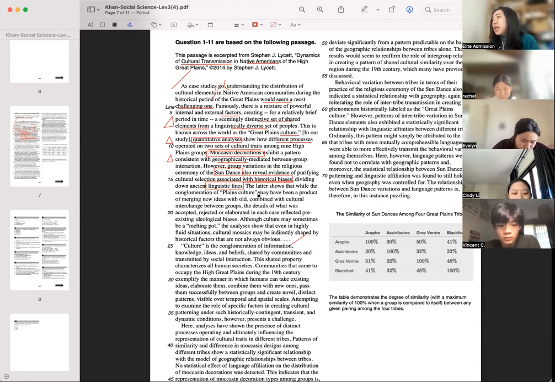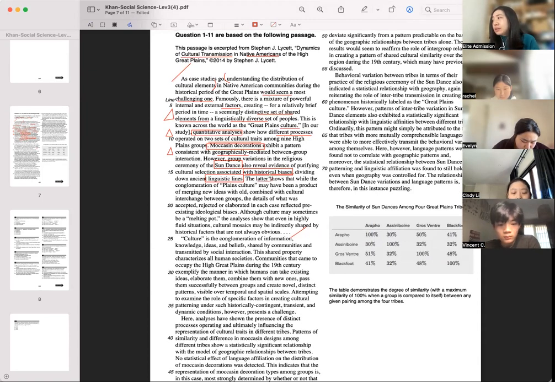The latter shows that, while the latter, so the sand downs. So do you understand the sand downs and the moccasin decoration, what's their relationship? They are probably two sets of cultural traits. So the two cultural traits refer to the moccasin decoration and the sand downs. So the latter here refers to sand downs, shows that while the